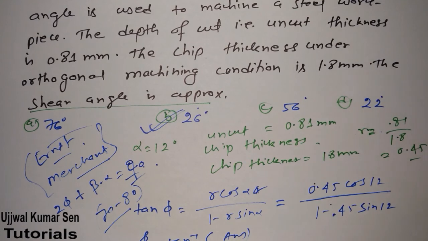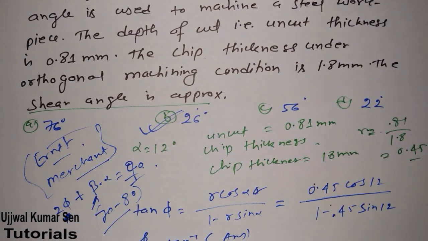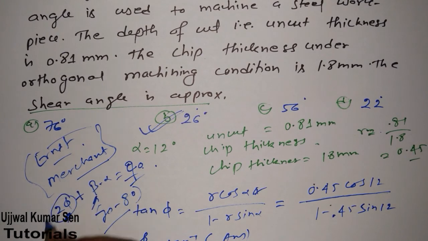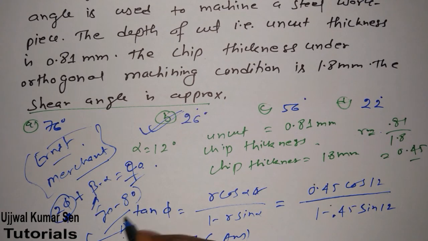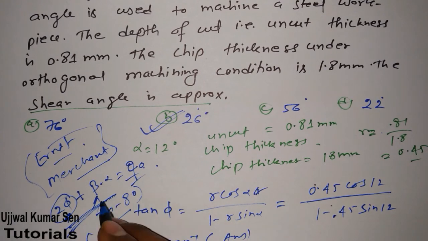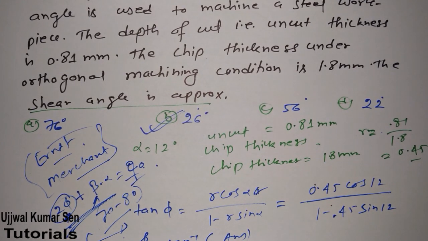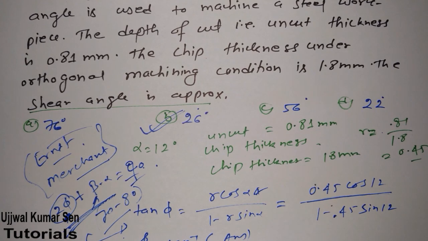But they will give you this, and if they give it, then we don't need to find it. But they can confuse you by relating this equation with this equation. So this is how they can relate formulas, and by relating formulas they can give you a problem to confuse you. I hope you understand the question and the topic as well.